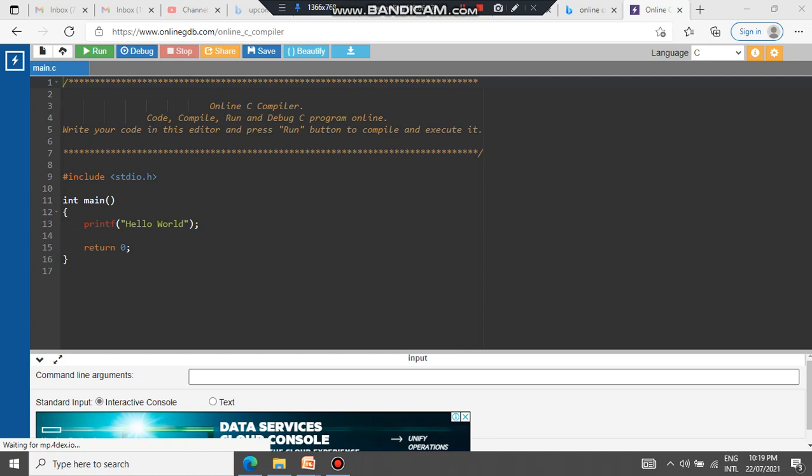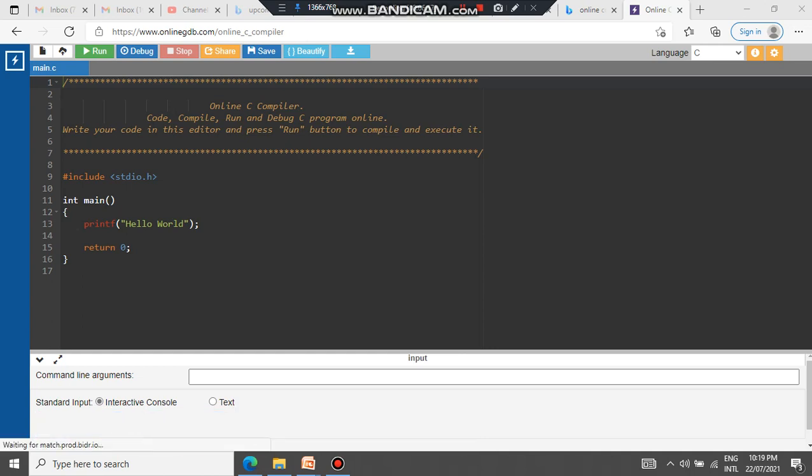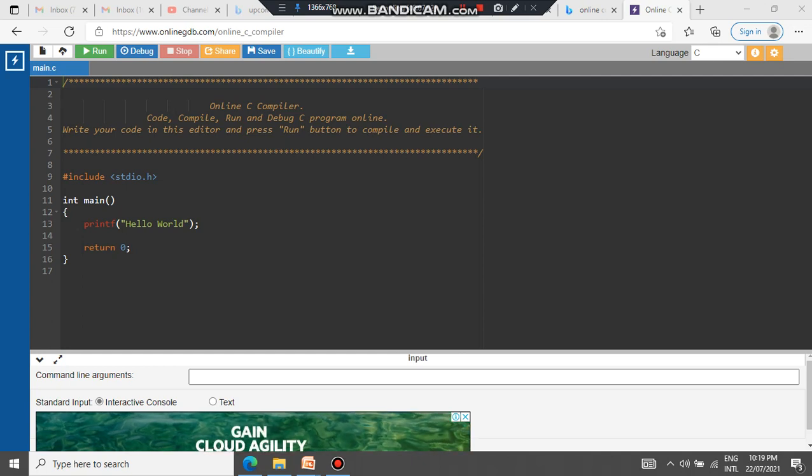For example, I want to check whether a given number is even or odd. If the given number is divisible by 2, and after dividing it by 2 the remainder is 0, then let me go back to the slide and try to explain.